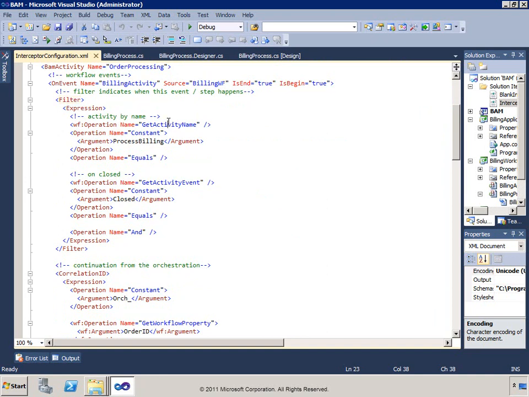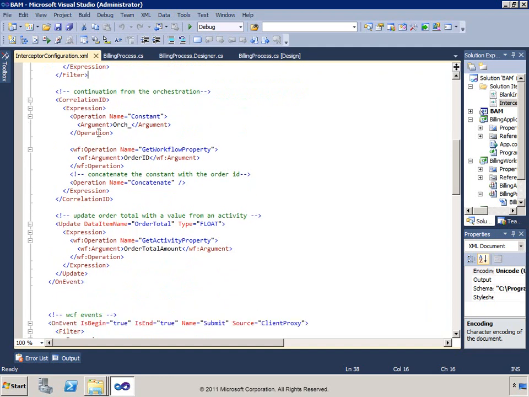So we can get our operation name here called getActivityName, and that's going to be the process billing, that one single activity that we had in there. And with our reverse Polish notation, we see that it applies an equals to those two things. Then it'll also do getActivityEvent and a constant of closed, equals those together with reverse Polish notation, then an and of those two together. So the filter, even though we have this source, is: did an event happen that involved this activity going to the closed state? And if so, then we continue processing and identify the key pieces of data that we're going to collect,